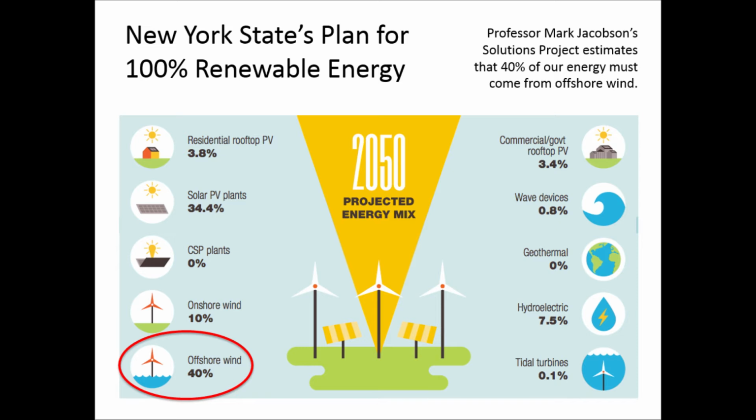This is just a Mark Jacobson plan. He did a study with a team and he made basically a renewable energy recipe for all 50 states. Not everybody subscribes to Mark Jacobson's plan. I happen to think it's really cool. I like him. I think he makes a lot of sense. For instance, for his particular recipe for New York State, we need to have 40% of our energy coming from offshore wind if we want to move towards a 100% renewable state. So if we get the LNG facility built, we're pretty much doomed.